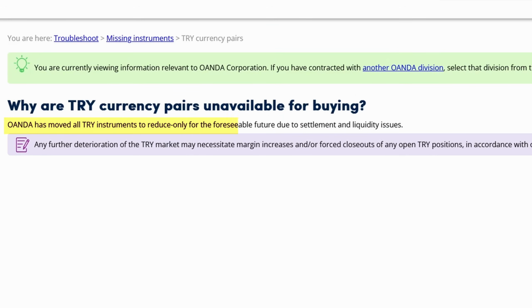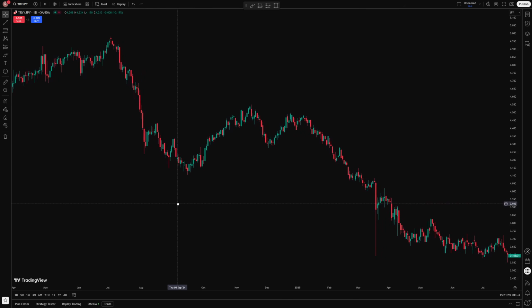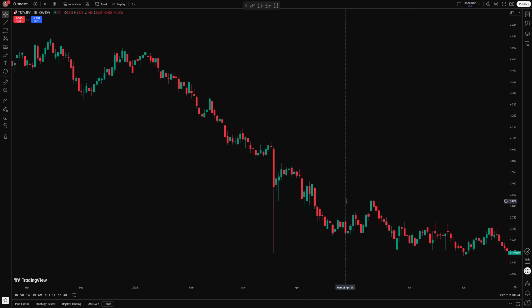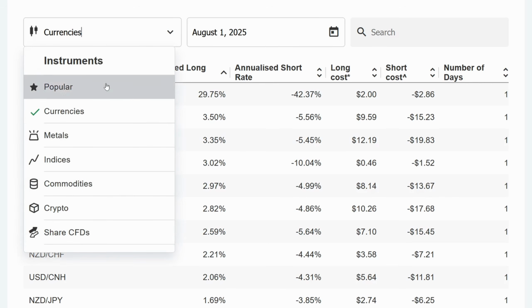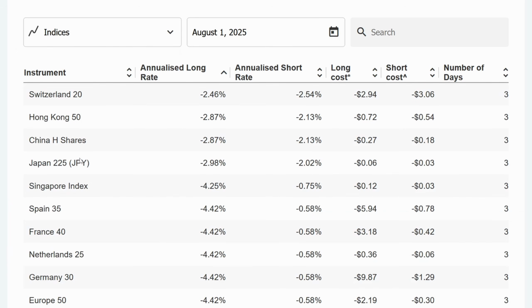Turns out that Oanda have actually suspended trading on the Turkish pairs. I knew that this would have been a risky trade anyway, but the fact that my broker doesn't even let me place the orders tells me that I should really stay away from this one. Unfortunately, there wasn't really anything else that paid a decent enough financing rate, so I stuck with my two existing